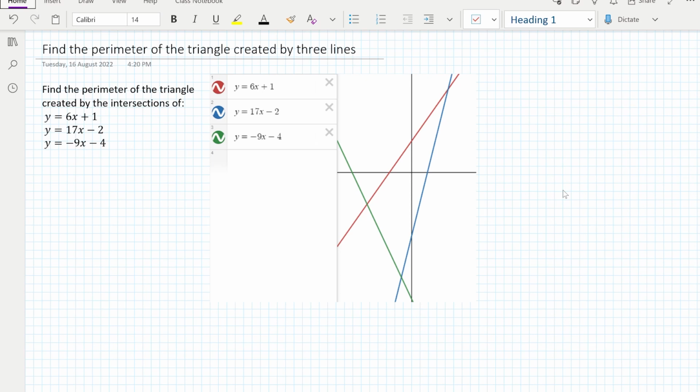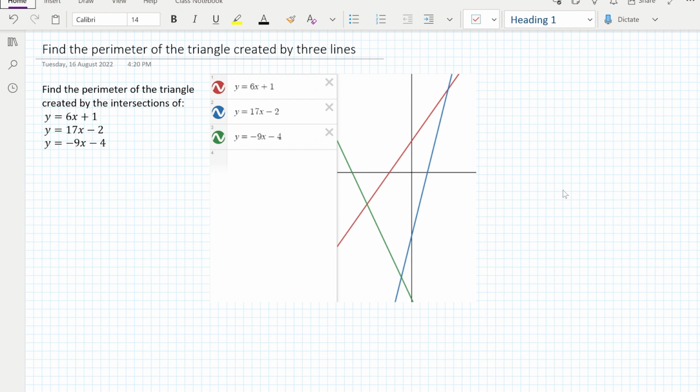Okay, so we are going to find the perimeter of the triangle created by the intersection of three straight lines. So we've got the equations y equals 6x plus 1, y equals 17x take 2, and y equals negative 9x take 4. So I've gone ahead and graphed those on Desmos so we can just see what that triangle looks